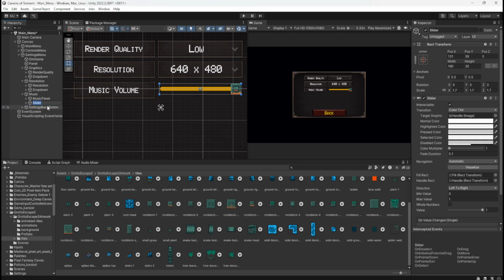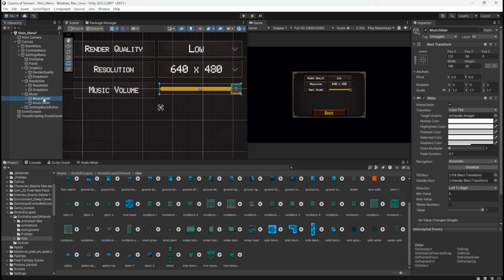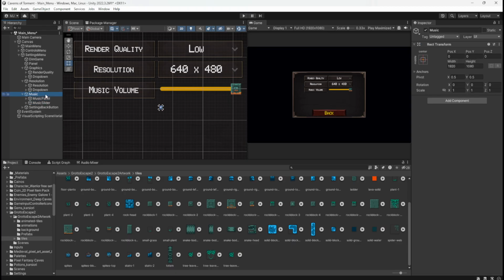Okay, so we're going to call this music slider. So I'm really happy with that. I like that. Right, so we're going to copy this whole music one, and we're going to call this SFX, and then on the panel